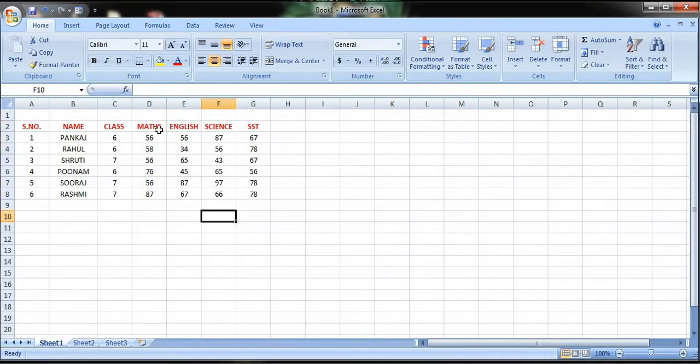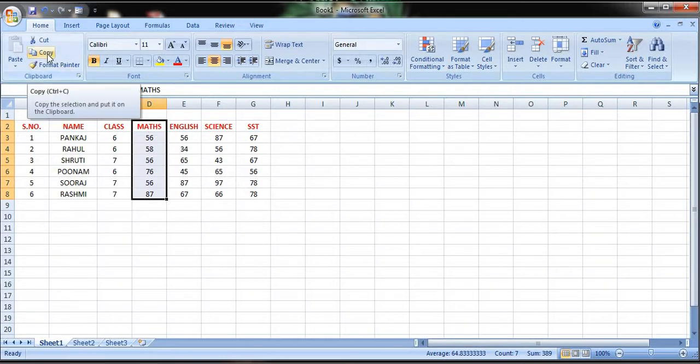Okay, I will select this data, and after selecting this data, here on the top left side, in the Home tab, under the Clipboard group, we have the Copy option. Click on this, so it will be copied. What is cut and paste, you know the difference between these two, right?